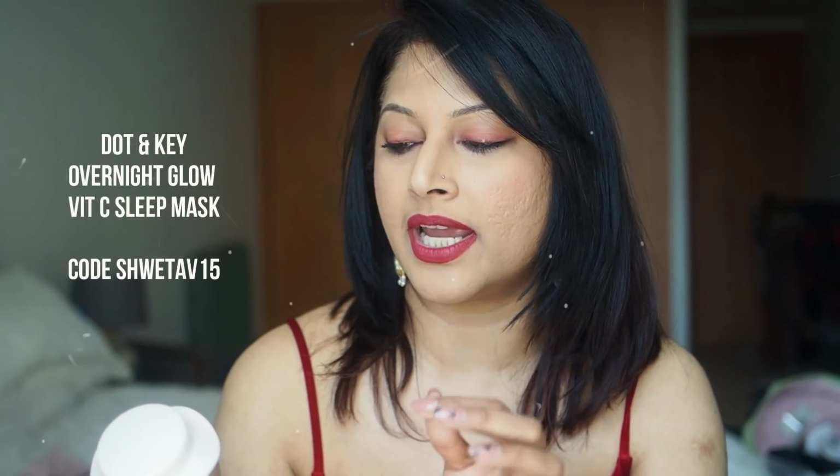I've got very little bit of this. This is the Glow C Sleep Mask, Vitamin C Overnight Radiance Recovery. This is extremely hydrating and a wonderful sleeping mask. If you are looking out for a beautiful hydrating moisturizer that has got vitamin C infused in it, especially